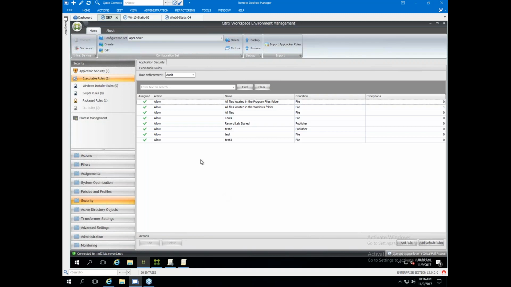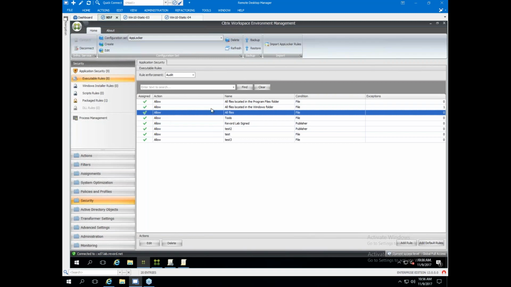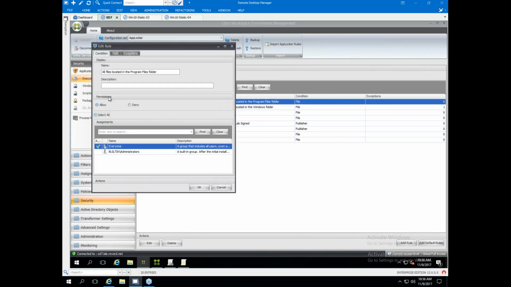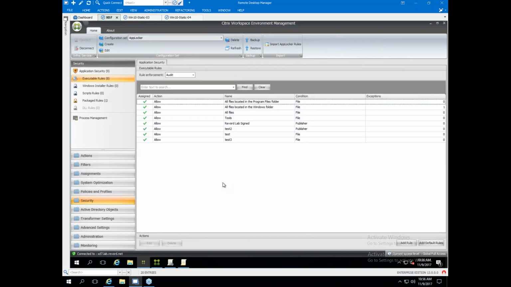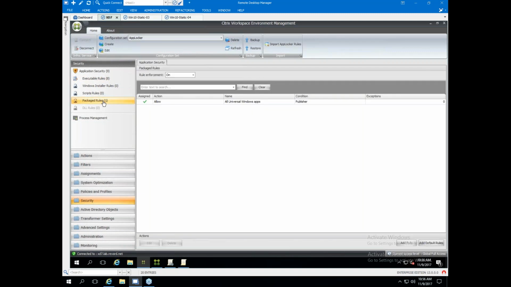path statements. So let me show you that. You can see here, these are working great, and I have paths. Now here's the kicker, and this took us a little while to figure out. I can create all the proper rules. I have packaged rules, which, for those not aware, are the universal or AppX rules. So if you're using Win 10, you need these. If you don't have them and you turn this on, you will break your start menu. Keep that in mind.